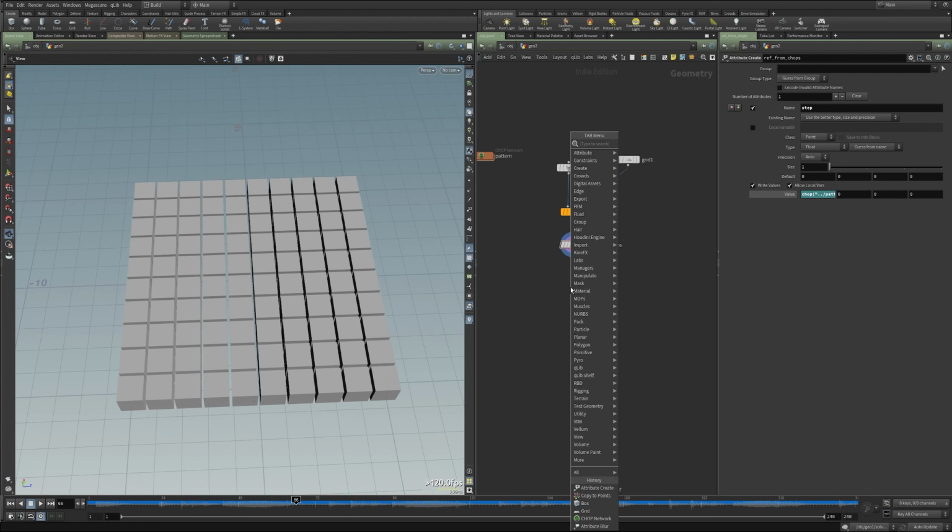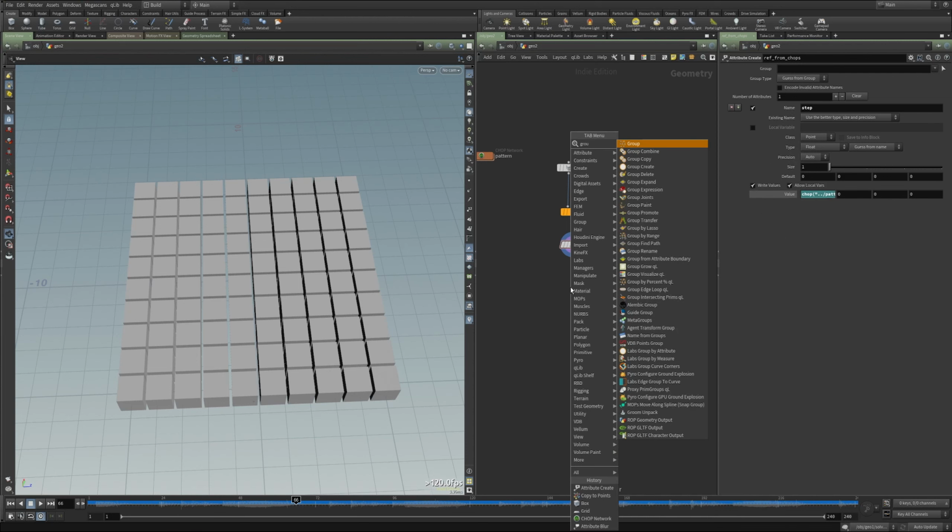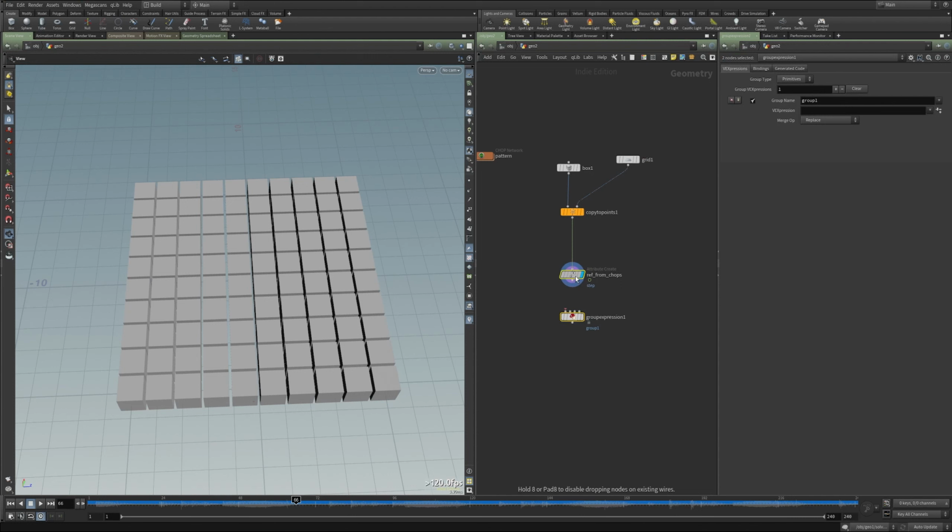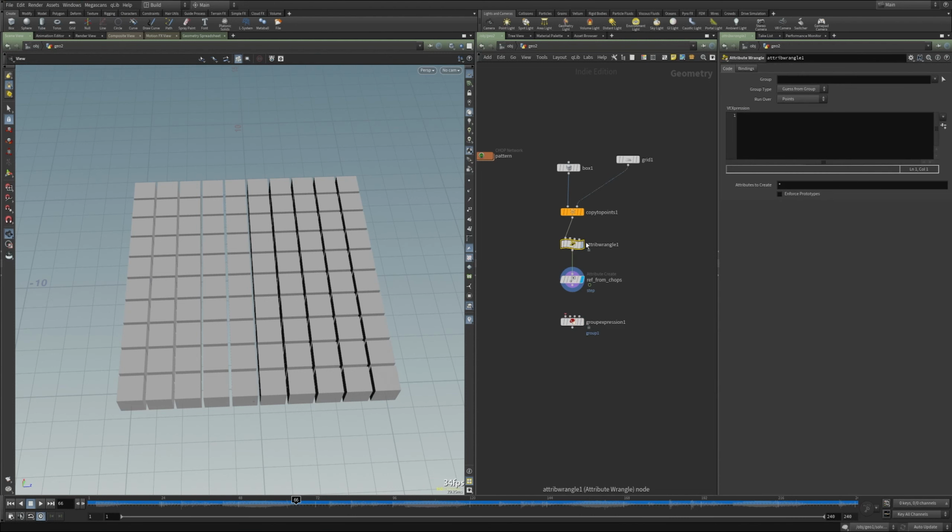Again, like everything in Houdini, there's probably a lot of ways to do this, but the way that I came up with was using a group expression. I think I need one more attribute in here. I'm just going to drop down a wrangle. So what I want to do is create an ID attribute. So I'm going to say @ID. That's the way that you declare an attribute. So I said my ID attribute is equal to my point number, which is @ptnum.